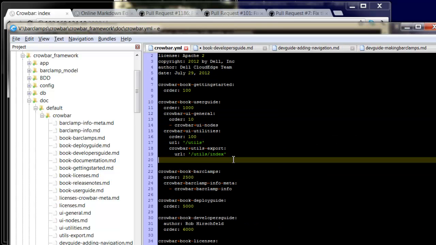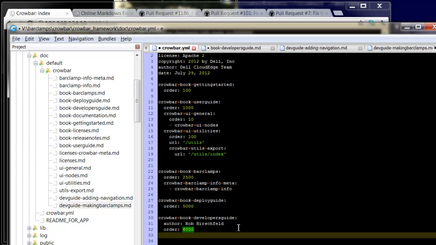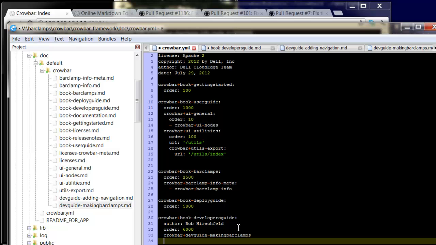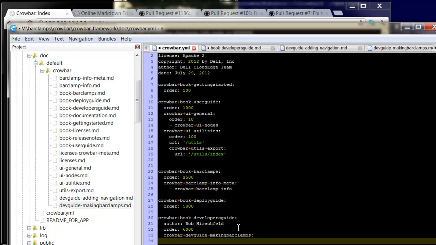over here, right? This is my directory. So if I want these changes to be reflected, I have to come back and add some levels. So I actually have to come and add the Crowbar. That's the bar clamp I'm making these adds in. Dev guide, making bar clamps. I don't need the .md, it's going to assume that. And for now, I'm not going to add any order. And then under this, I need a colon because it's YAML. And under this, I'm going to add a section called dev guide,